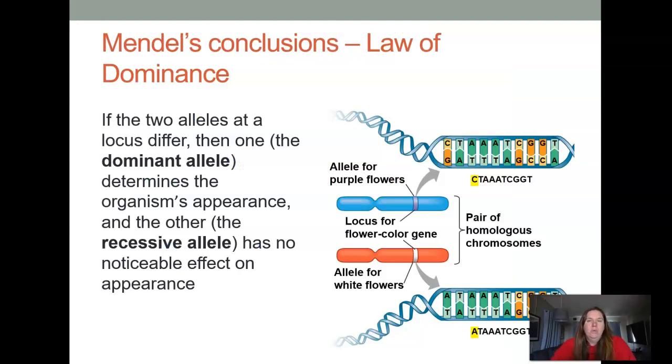So his next conclusion was the law of dominance. Not only do we get two alleles, again, one from our female donor, one from our male donor, but these two alleles often differ. And when they differ, there's going to be one that's dominant to the other. We call the dominant allele the one that produces the appearance. So whatever this organism's appearance is would be considered the dominant allele, in this case, of course, purple flower. And the recessive allele has no noticeable effect on the phenotype, or the appearance of the organism,